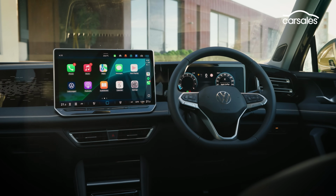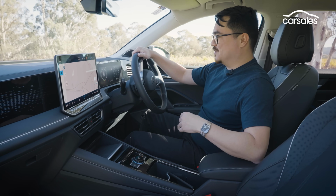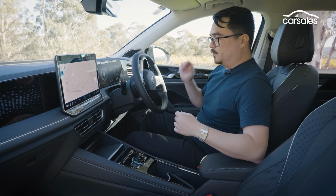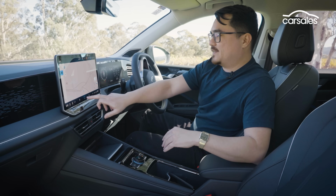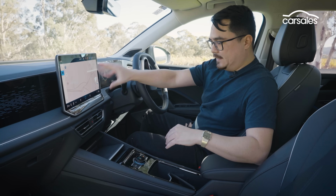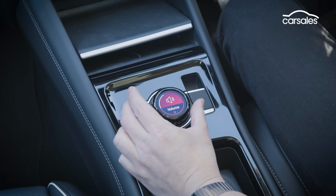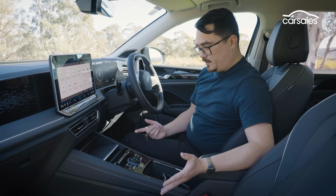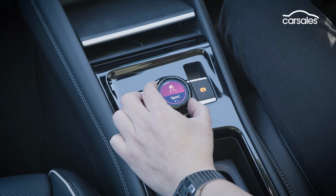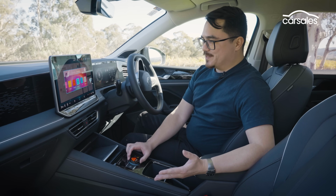Some might call it regression. I think it's just acknowledgement that buttons are superior in certain circumstances. So there's buttons galore across the face of the steering wheel, which is nice. There are still some capacitive buttons like the volume and temperature sliders below the screen, as well as the actual top of this, which is a physical volume knob. Or is it? Press it and it turns into your drive mode selector. That's pretty nifty. And you can slide across and then you change whatever this is, which is